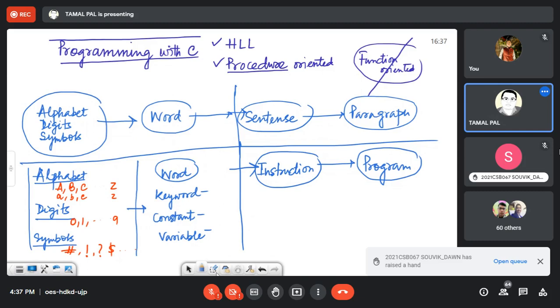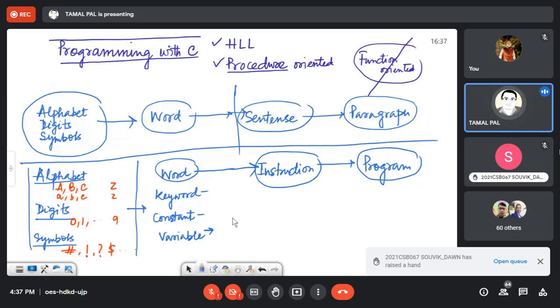Keywords are... Actually, variable. All of you know about it. Variables actually refer to, in mathematics, we have learned, the value or an entity that changes.